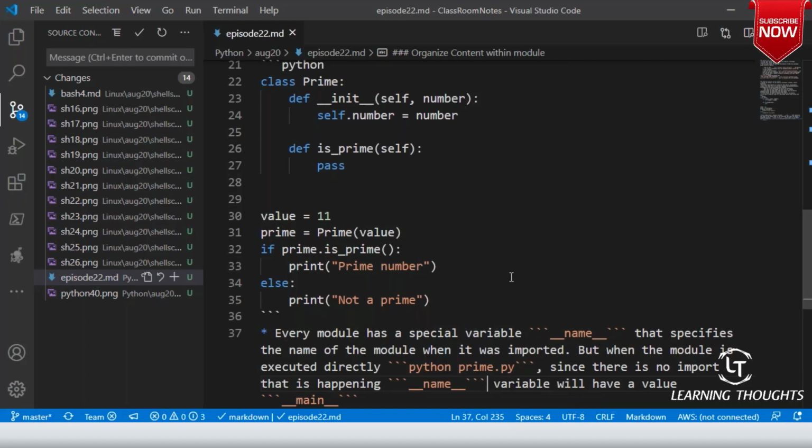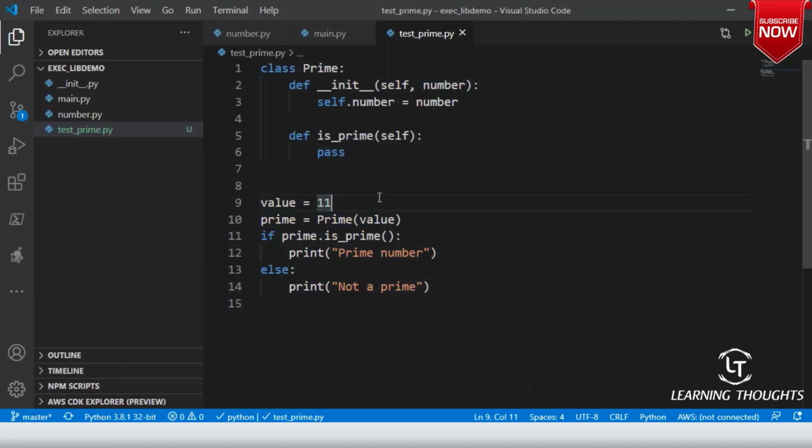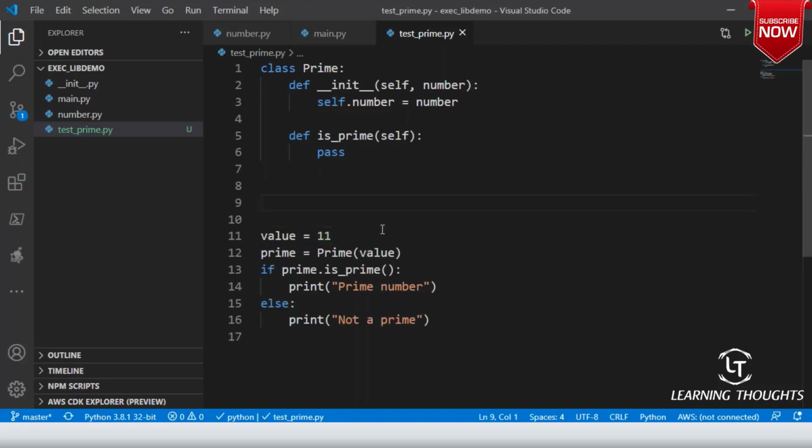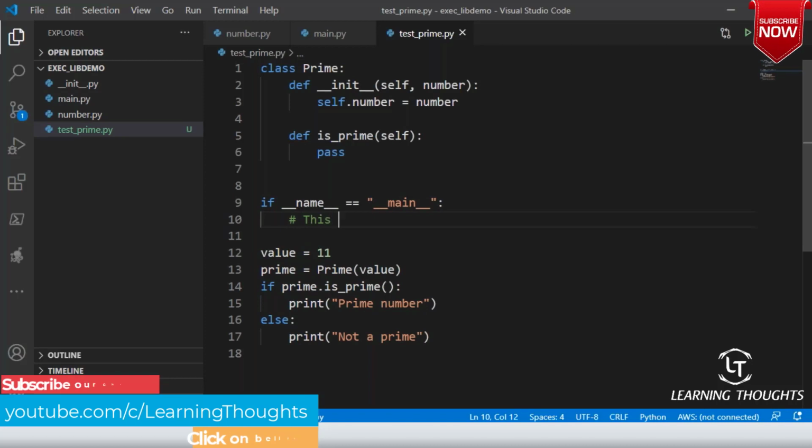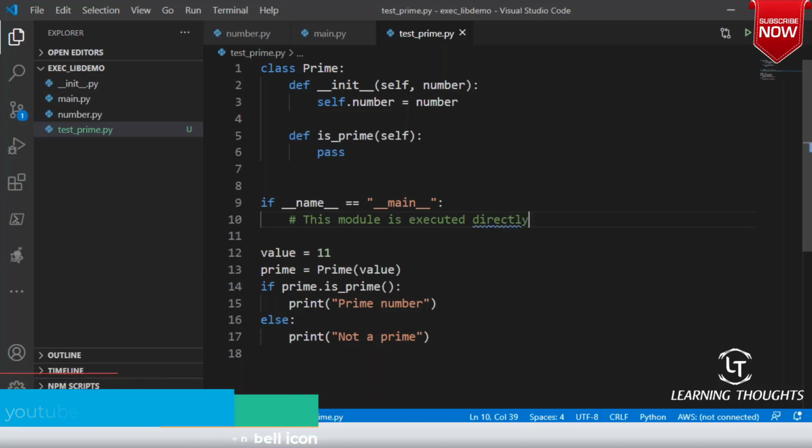I will make use of this logic in Python, and rather than writing the code like this, I will say: if __name__ equals __main__, this module is executed directly.